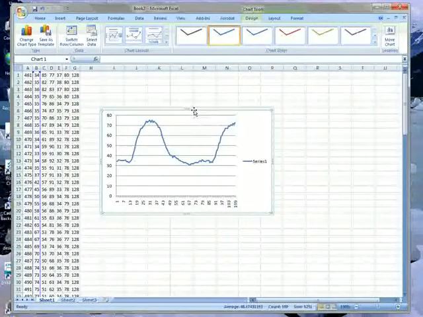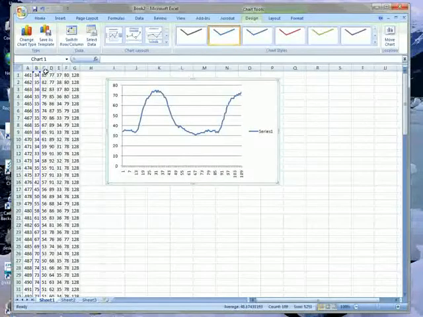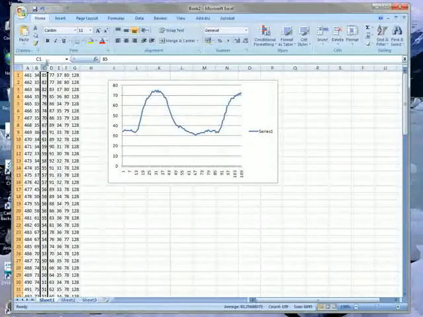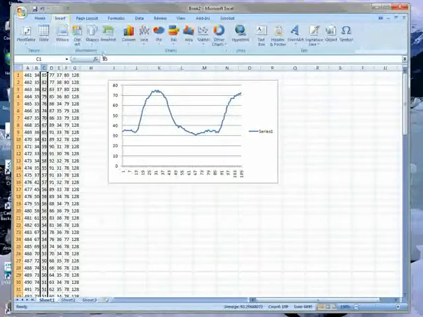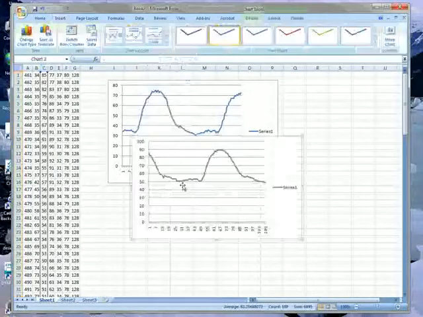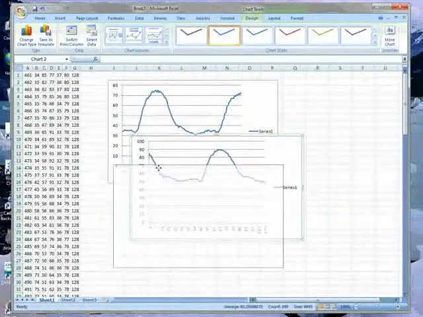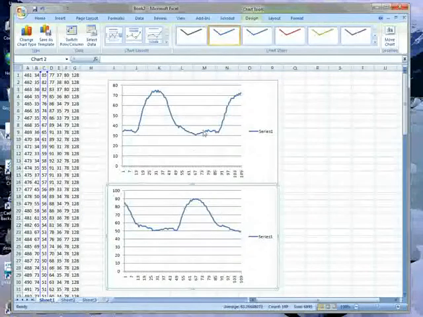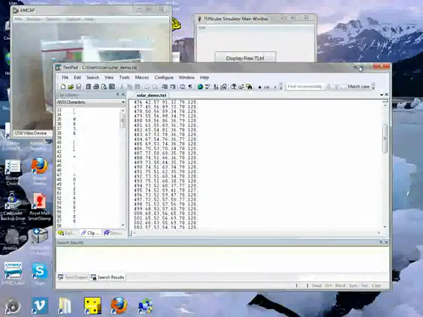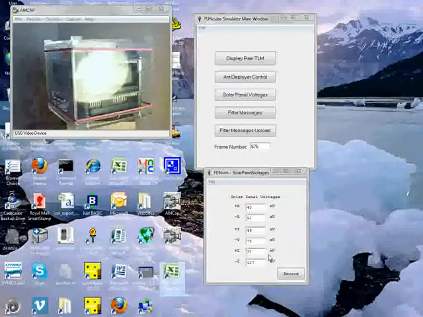I can actually do, by means of comparison, the next column. And if I move this one below the previous one, you can see this is out of phase because plus x and minus y, but of a very similar shape. So that's the spreadsheet, which I just closed down for a minute,